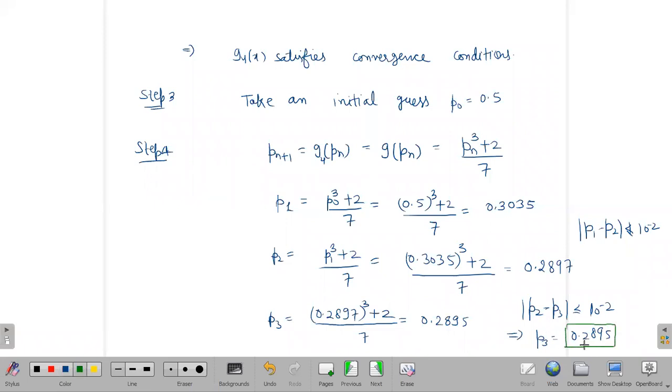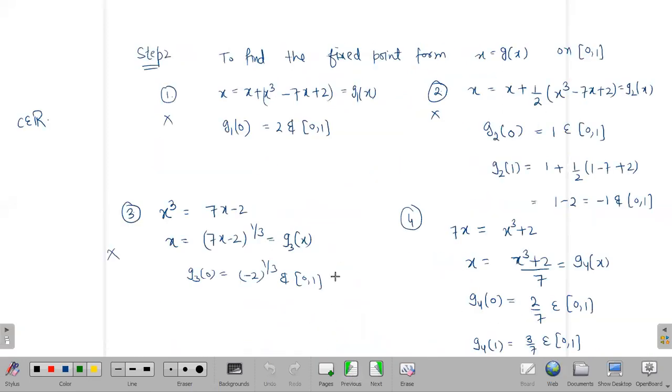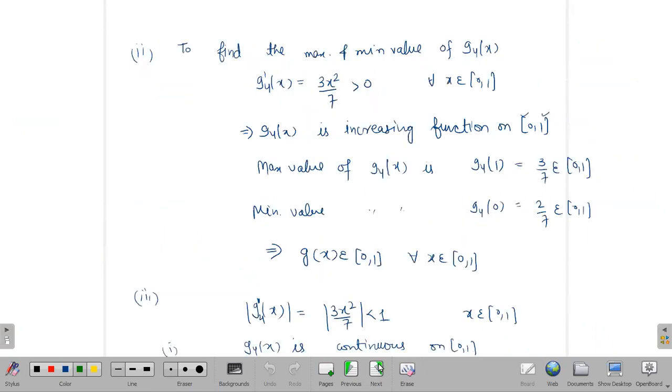This is the approximate fixed point for this g of x and root for the given equation. So here you stop. Nothing is difficult in the third and fourth step, and the first step also, but the second step is difficult. I agree that it is difficult to find the g of x. But if you are not able to find any g of x, then you can go with the Newton method. That will always work.